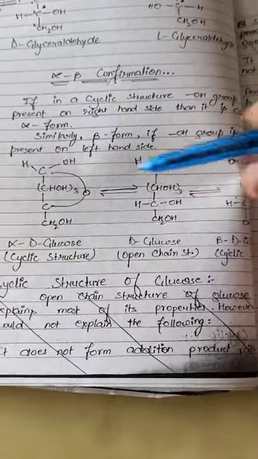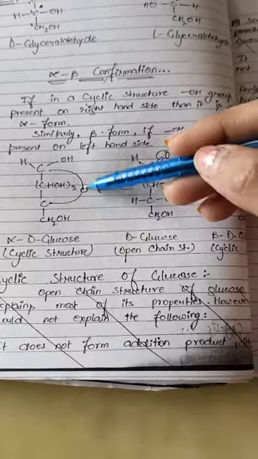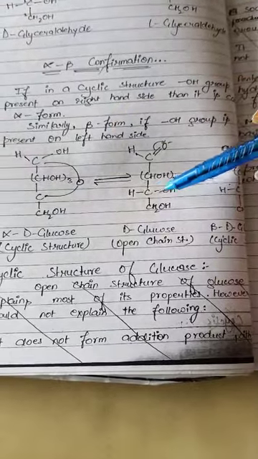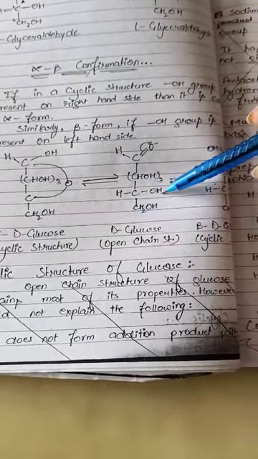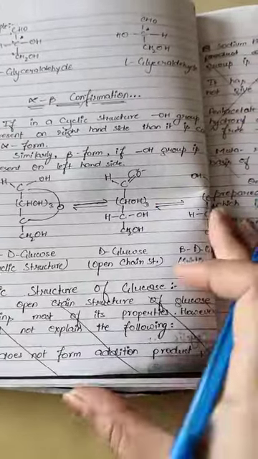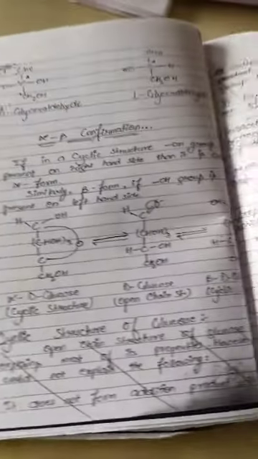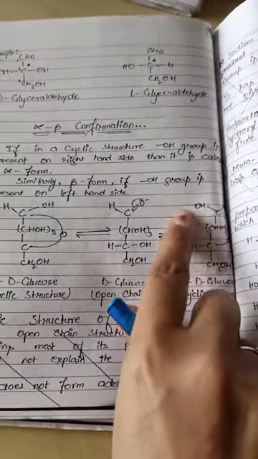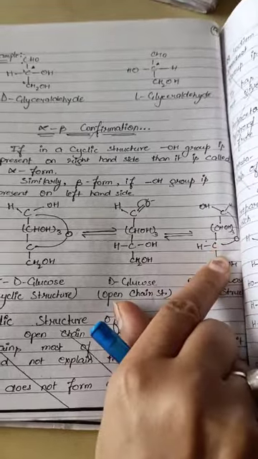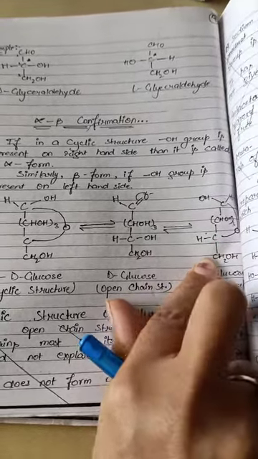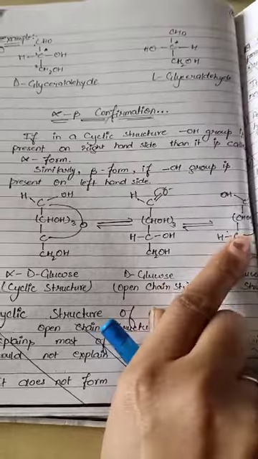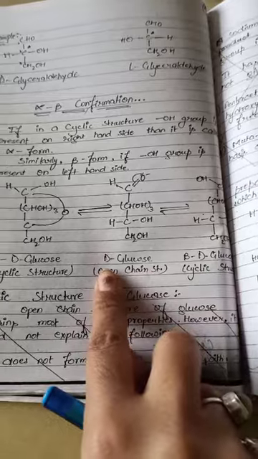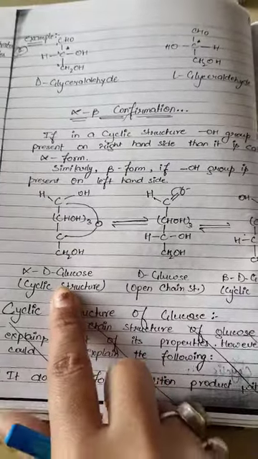Now you can see this C. C is coming in between with this O. With C, H is present and OH is present. Here H is present and here OH is present. Now again we will do the asymmetrical thing. When we do it, how does the formation take place? It takes place like this: CHOH with CHOH, and it will come here, CH2OH with C. Here H will come on this side, OH will come. Understood? So it is said to be beta D glucose. It is said to be D glucose. It is said to be alpha D glucose.